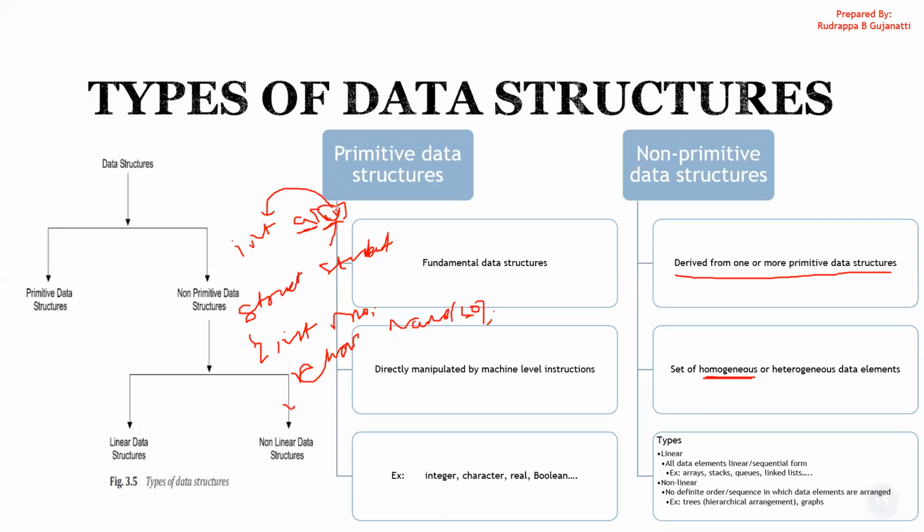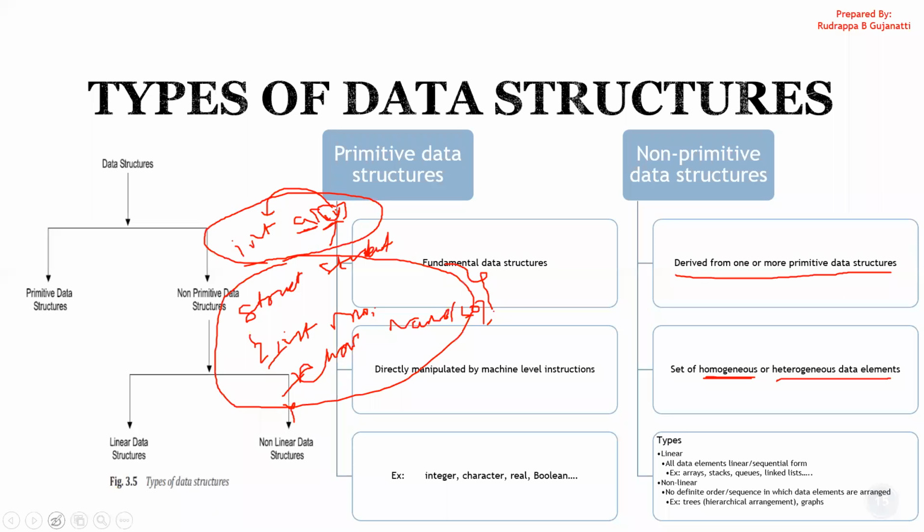Okay. So in this case, you can see that it is one integer type, one character type. So this is heterogeneous. That is, different data elements are present over here. So this is storing homogeneous kind of data, and this is able to store heterogeneous data in which data types can be different.